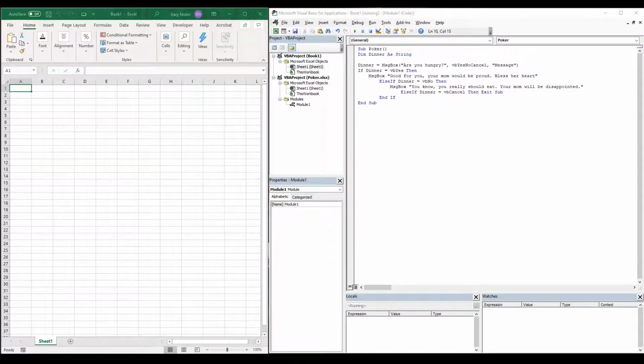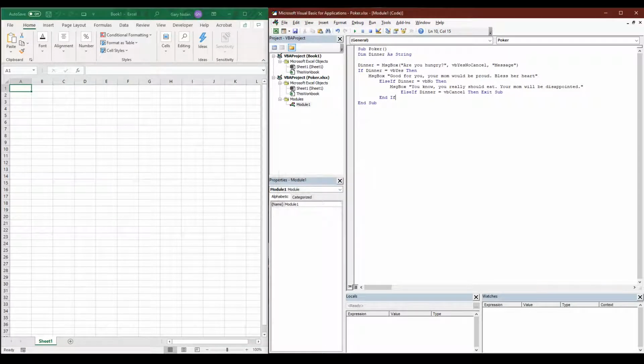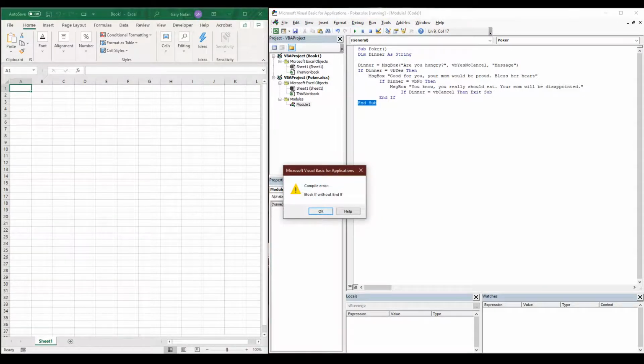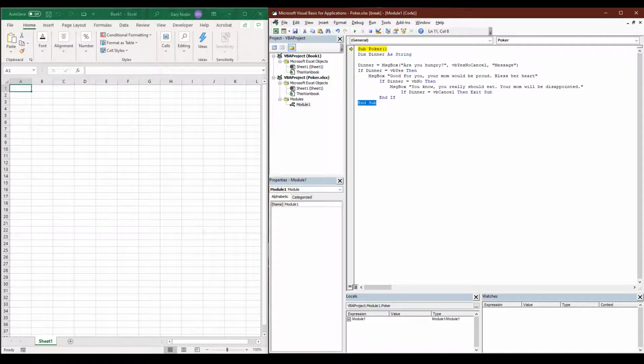So now if we run it and we hit cancel, it just doesn't do anything else. So anyway, these ifs, I think we might have been able to just make these if too, but let me see. Oh, yeah, no. So we could have done this a different way. Let's go back. And if. And you'll find that